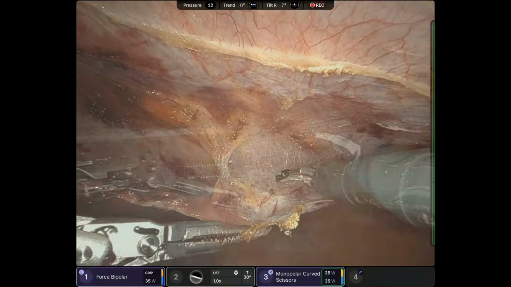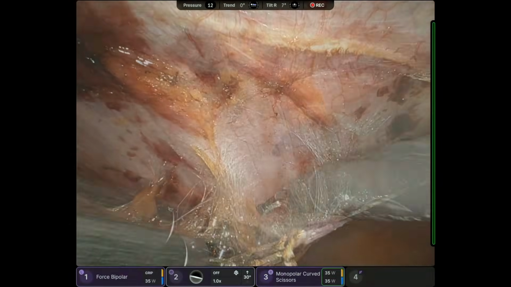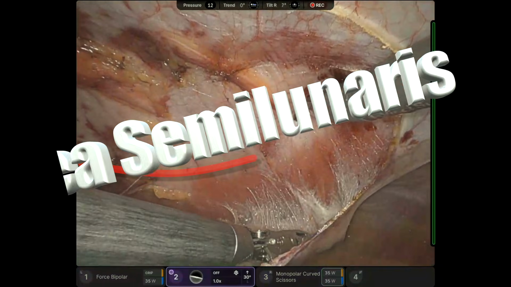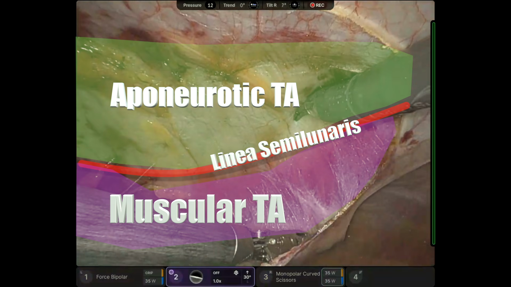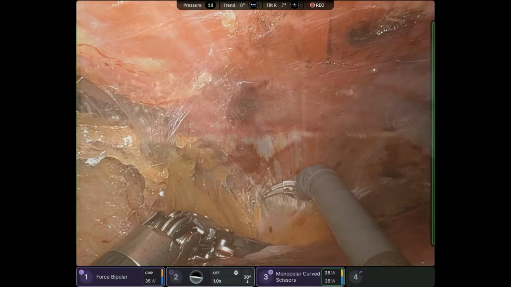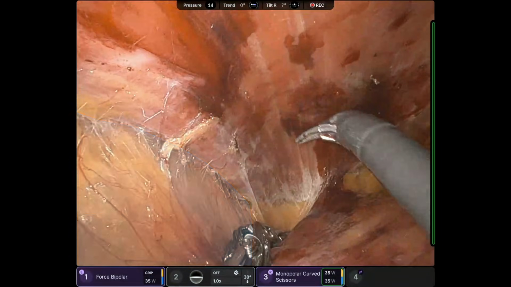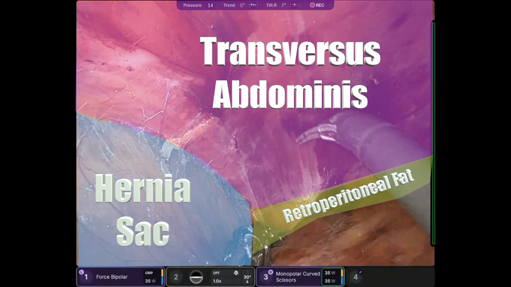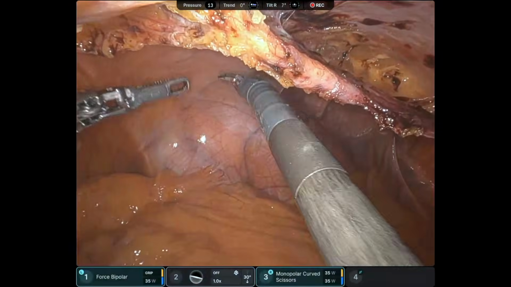Typically, I always tell them the next step would be a dissection of the area cephalad to the hernia defect. I like to envision, if my fingers were in there, what kind of movements my fingers would be doing. This is linea semilinaris, the junction of the muscular TA and aponeurotic TA. But essentially, copy what my fingers would be doing with the end effectors of the robotic instruments. So you can see the relationship of the top of the hernia sac to the retroperitoneal fat. So we dissected top of sac,